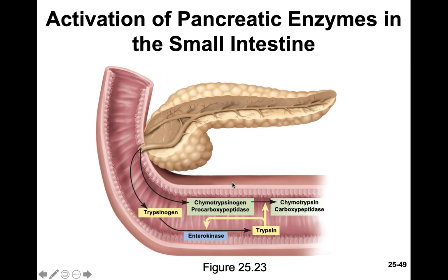So here's that illustration that we talked about, and we're going to start at the pancreas. The pancreas makes trypsinogen, chymotrypsinogen, and procarboxypeptidase. All three of these are in their inactive forms, but how do we activate them? Well, inside the duodenum, which is where this is, do you see all these little cells that line the duodenum? These are called